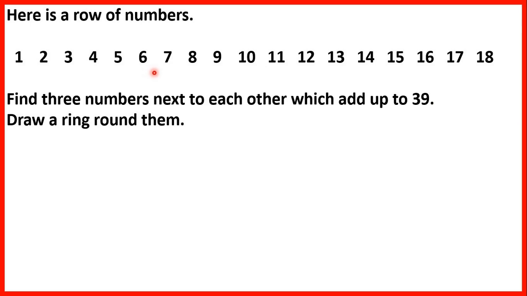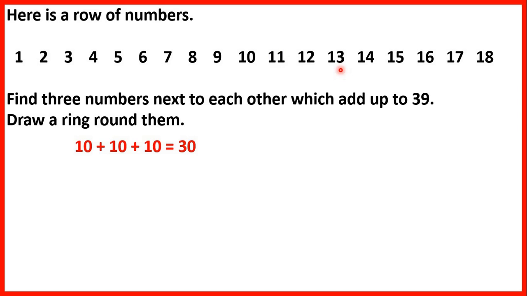And by trial and error, I mean just trying out something, seeing if it works, then if it doesn't, trying something else. So trying out 3 numbers, then if the total is less than 39, we might try out 3 bigger numbers. But we know that 10 plus 10 plus 10 is 30. So there's no point trying numbers less than 10 because the total will be less than 30, and we need numbers which total 39. So we could start trying out combinations that are larger than 10, so perhaps 11, 12